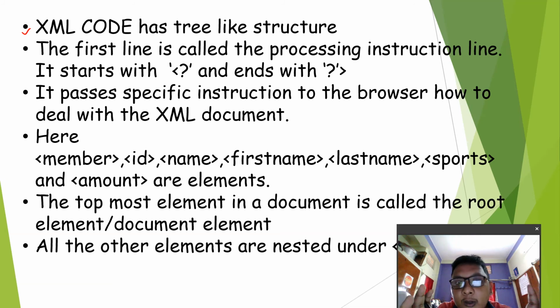So XML code is always present in a tree-like structure. We can represent the XML code in a tree-like structure. How? I will explain that in the next slide. But before that,